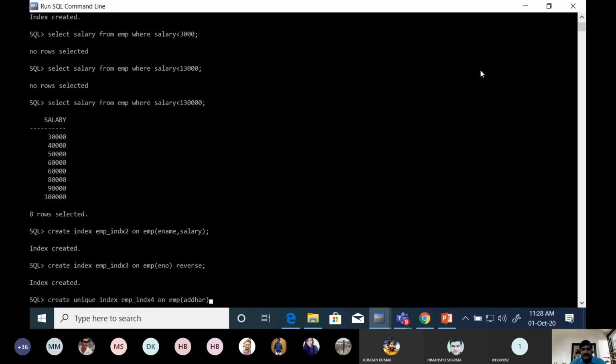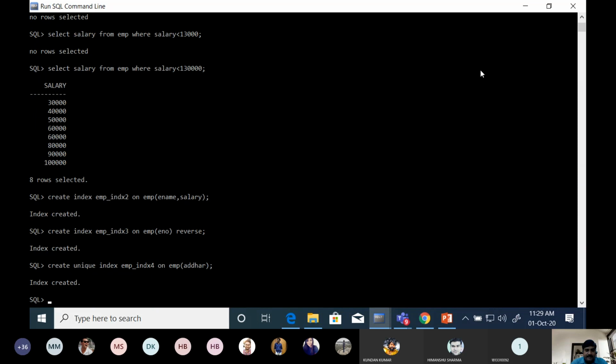Why? Because the Aadhaar column contains unique values. Index created. So employee index 1 is a simple index, employee index 2 is composite, then reverse index, and then unique index.